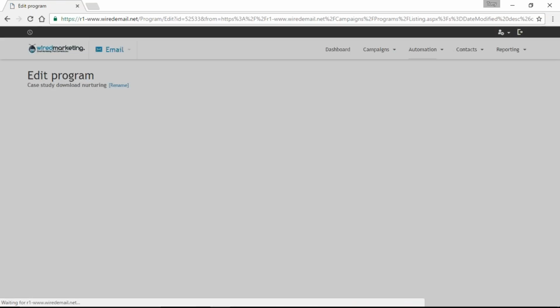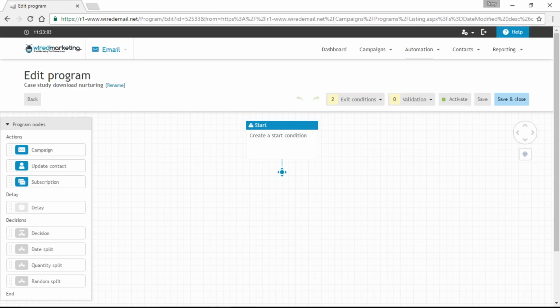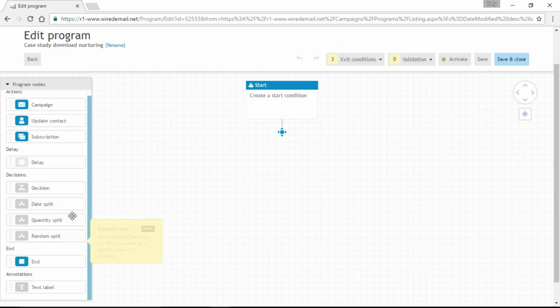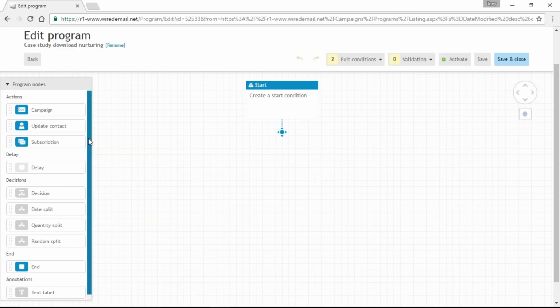So if we just go into edit, this is a blank campaign that's been set up. But as you can see, it's very, very similar in setup to the email campaign drag and drop editor. We've got slightly fewer options down the left hand side here, but although there doesn't look to be much there, everything we've got is extremely powerful to start creating these